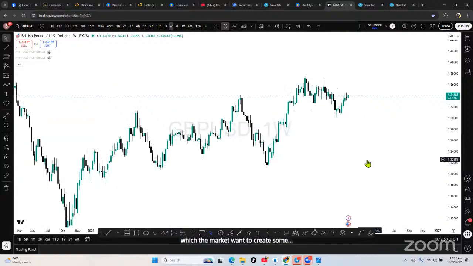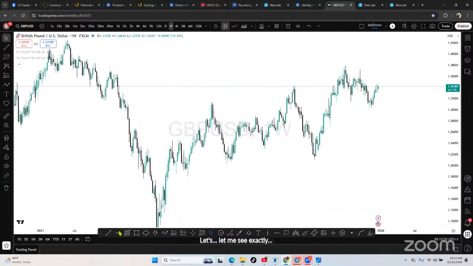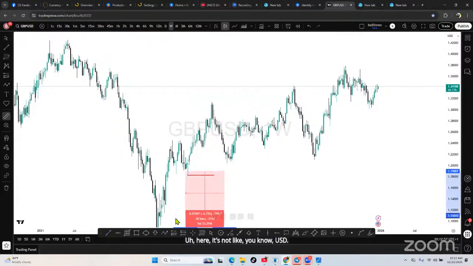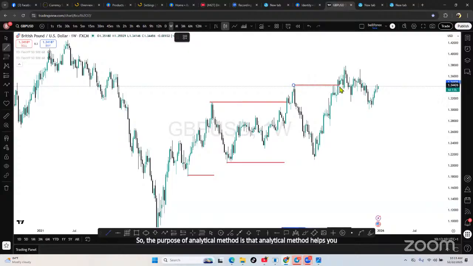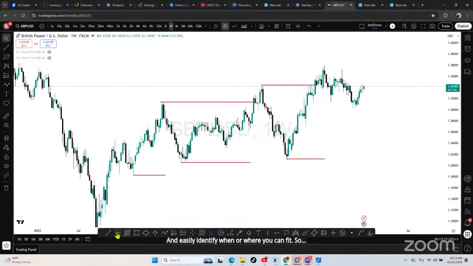So let me see exactly. Here it's not like EURUSD. It's giving us something a little bit different. Let me just try to get up the structures and see. So the purpose of the analytical method is that it helps you well define a market and easily identify when or where you can trade. That's one thing I want you guys to know. So this is the current price